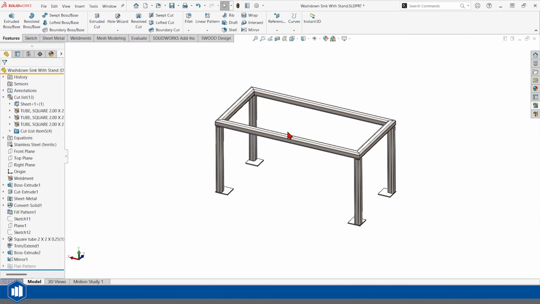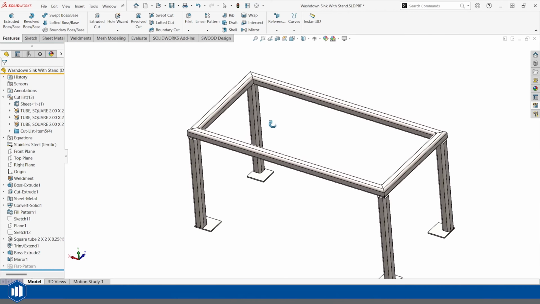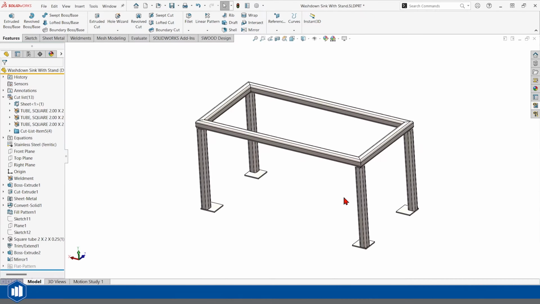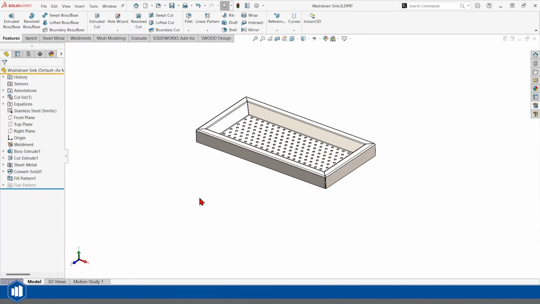the sink, we need to frame something like this to support it, and we can just draw sketches with lines in them and have SOLIDWORKS put structural members in by sweeping profile sketches of whatever kind of shape we need, and it'll make structural members and a cut list that really helps improve our 2D drawing speed also. So I have another file here that's just the sink, no stand in it,